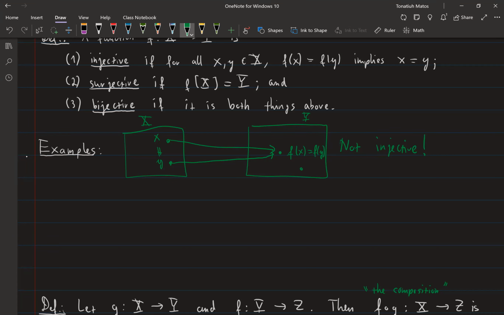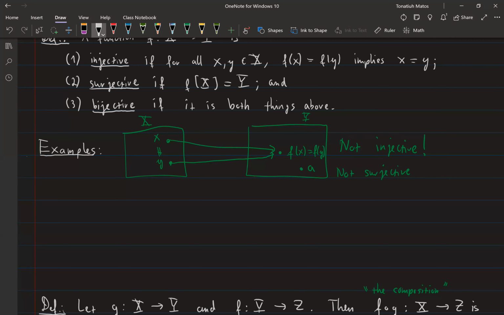And if there are things in the codomain, maybe some lone element A, that doesn't get hit by anyone, then this is not surjective. So here's an abstract example of a function that is neither, right? All you need is two elements in each set, and that is enough to produce a function that is neither